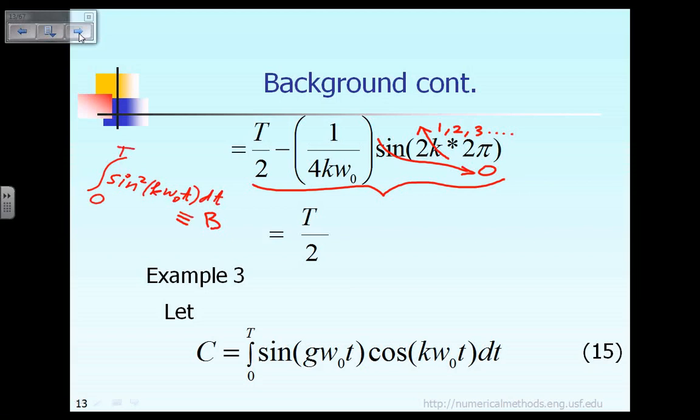That is the definition of B. And we just proved that it is equal to T over 2. So the relationship that I stated earlier, I have just proved again through example number 2. The next example, number 3,